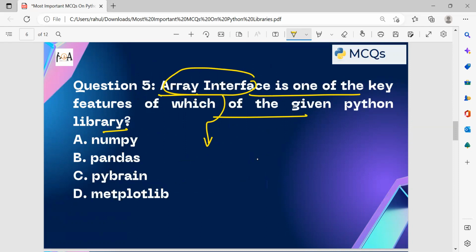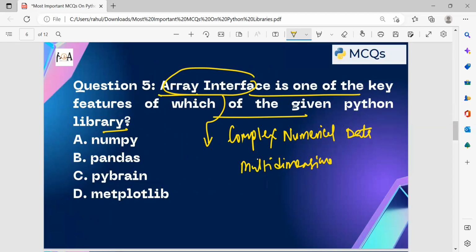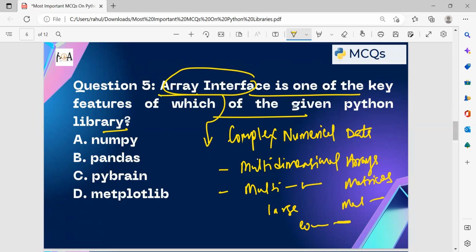Basically, to deal with complex numerical data, that can be multidimensional arrays, or multidimensional matrices or large matrices, or any complex data, to deal with them, there is a Python library that is called NumPy.